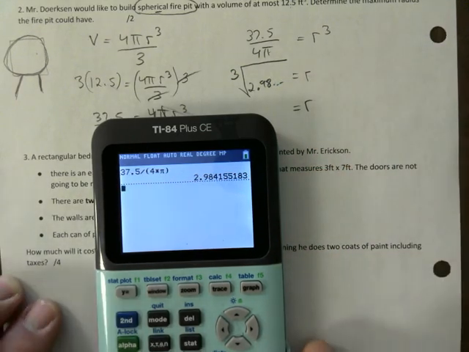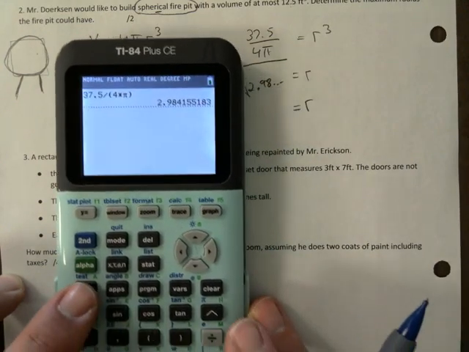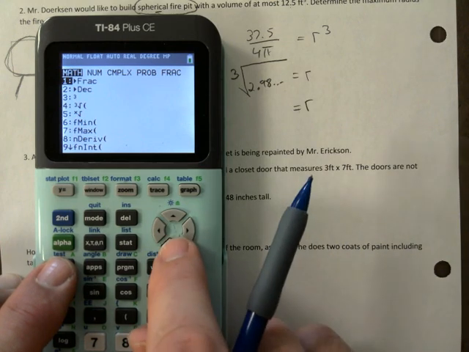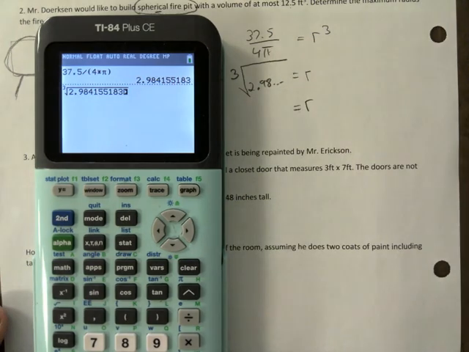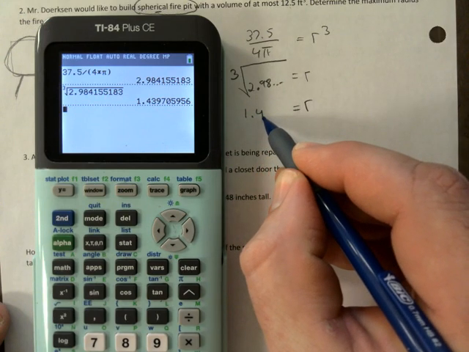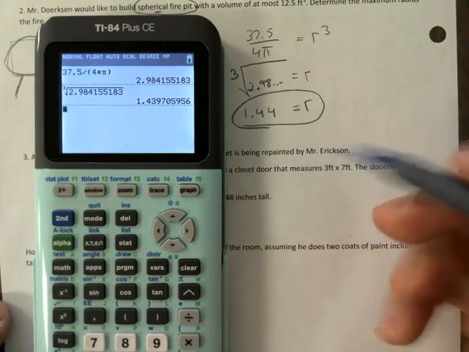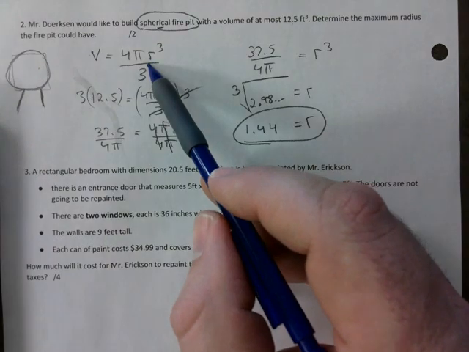So do you remember how to do cube root? I didn't remind you, but I think I might have done that on the video. I find it odd that a calculator of this caliber doesn't have a cube root right on one of the buttons, but it is what it is. So it's 1.44 when you round it. Okay, and you could plug that back into the original and check if you get